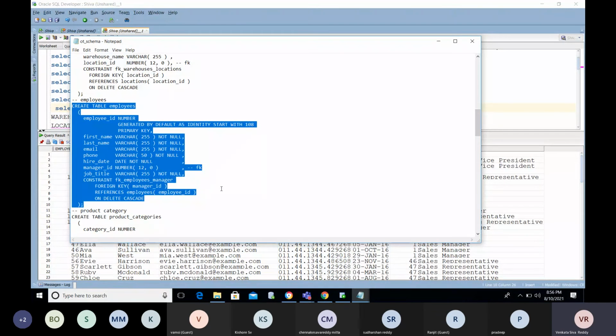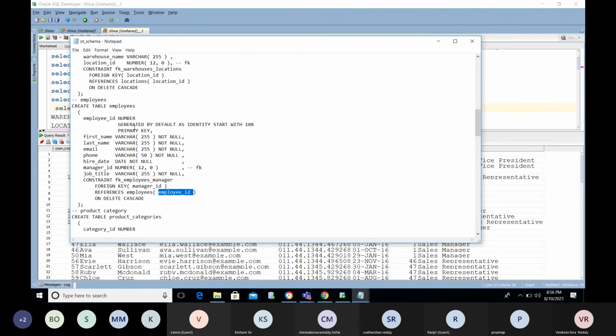You are taking the reference from the same table. The manager will be an employee of the same table, right? So you are an employee, and your manager is also an employee in our same organization. Your details will be maintained in the employee table, and the manager details will also be maintained in the same table. So here I am taking the reference ID for your manager ID, from the employee ID of the employees table as the reference. Got it?